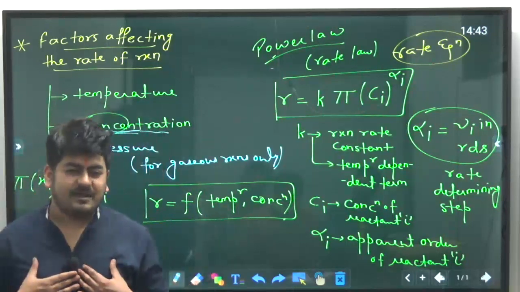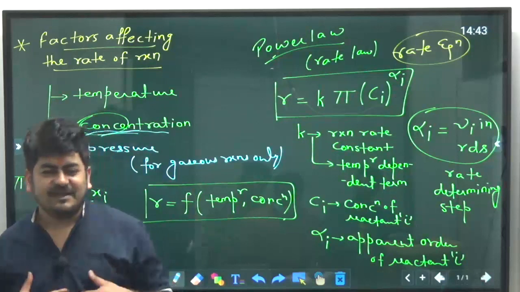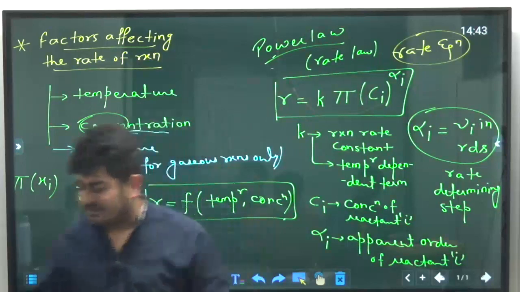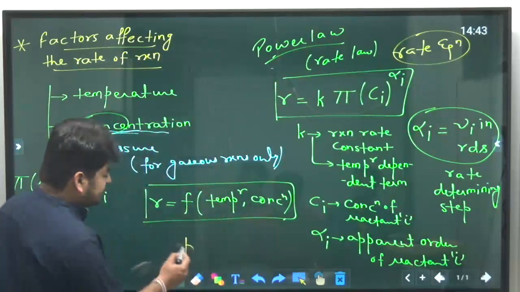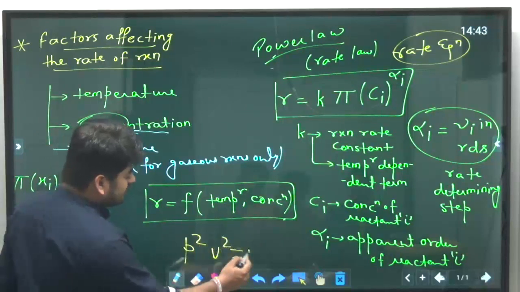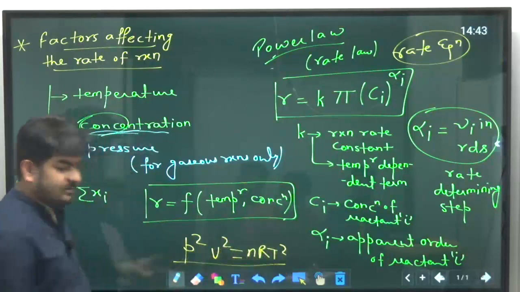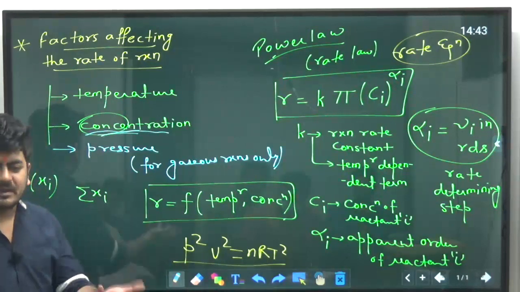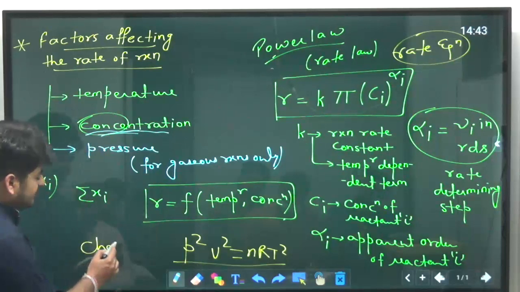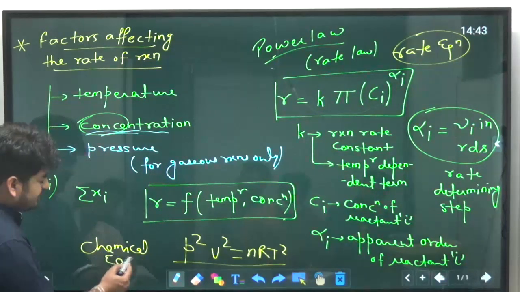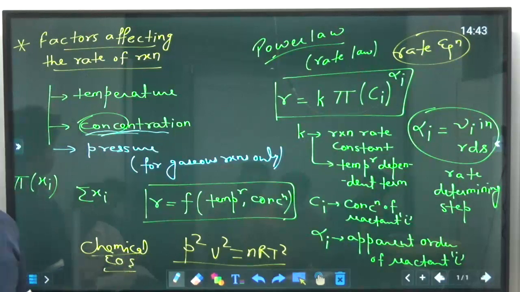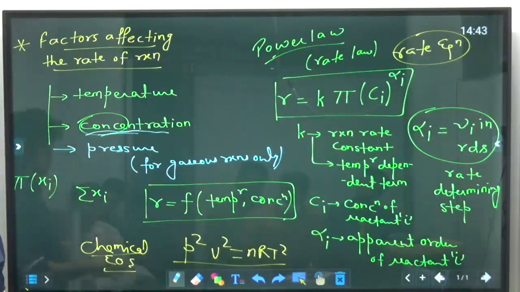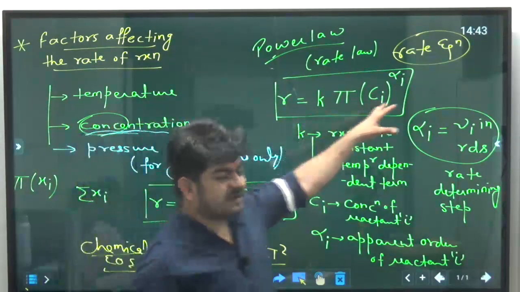Suppose we are doing some discovery, and since I am the leader, we are developing an equation of state, a mathematical relation between pressure, volume and temperature. Something like that, P square V square equal to nRT square, suppose. So we can say, what is the name of our group? Suppose chemical. So we will say this is the chemical equation of state. So the coming generations will read this equation with our name. Okay. Similarly, this is the rate equation.